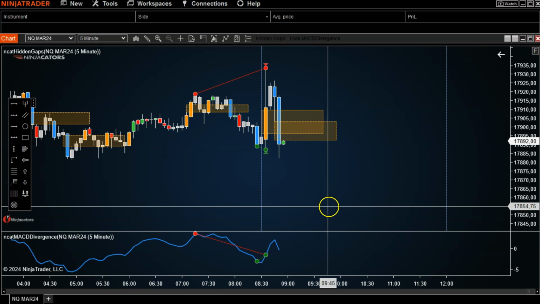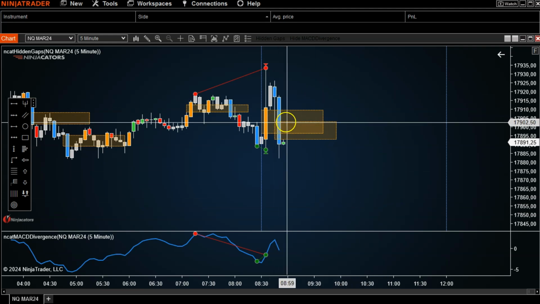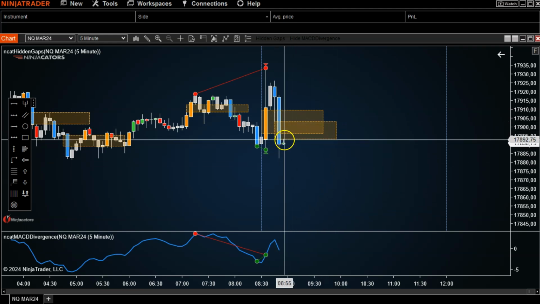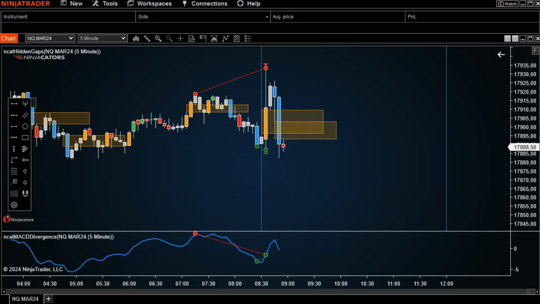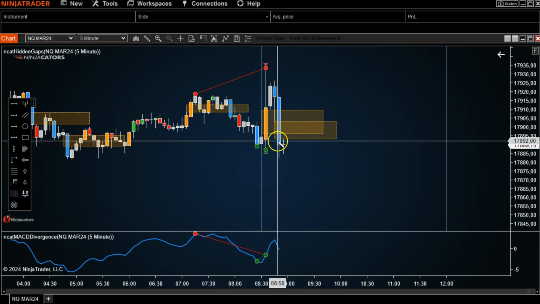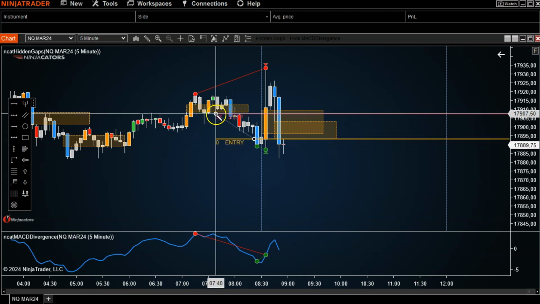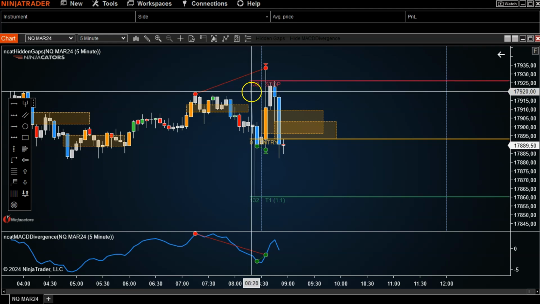Now, the next thing I want to see almost immediately afterwards, or soon afterwards, is for a new hidden gap to form, or fair value gap, whatever you want to call it. In this instance, there was one directly after price invalidated that bullish one, in this case creating a bearish fair value gap. Now, at the close of that actual candle, that gap was confirmed, but I was already starting to preempt if I want to get into a trade, generally for bearish fair value gaps at the lower end of that fair value gap. And if I were to place my stop at the high of the first candle that formed that fair value gap,